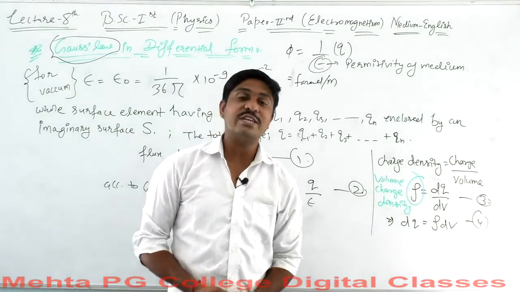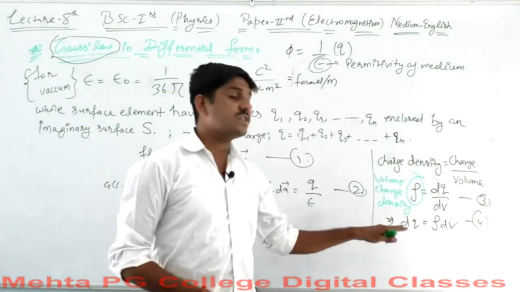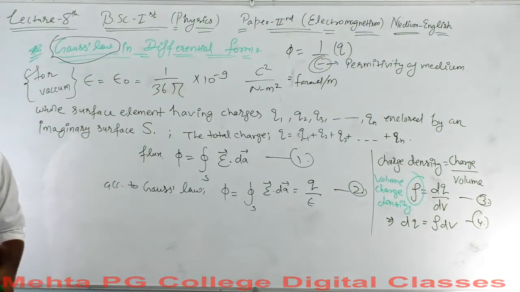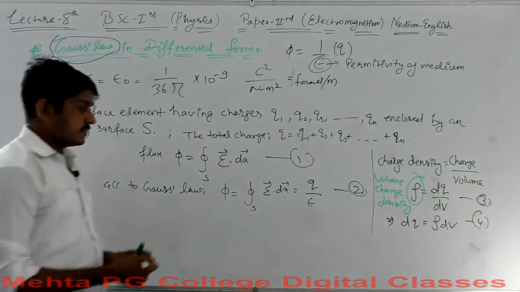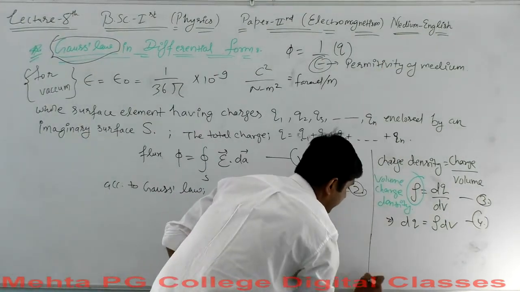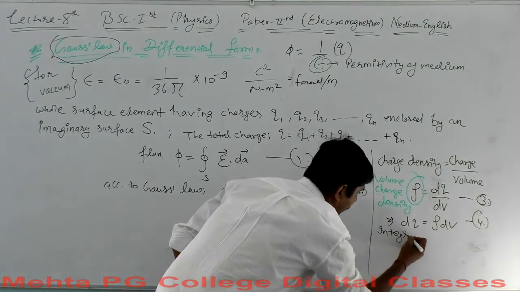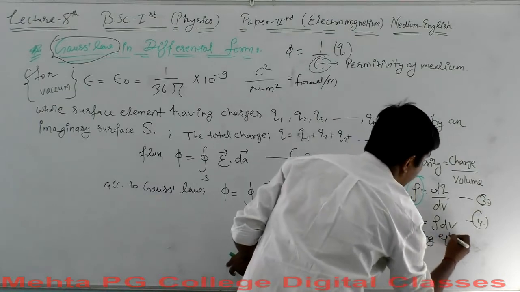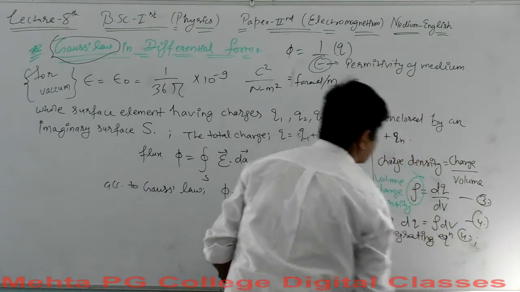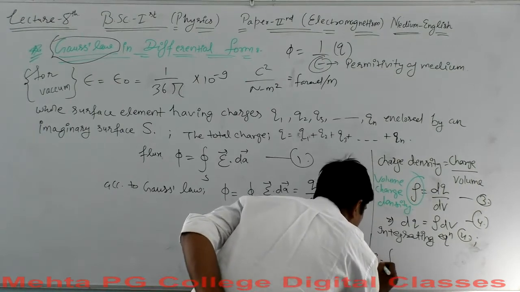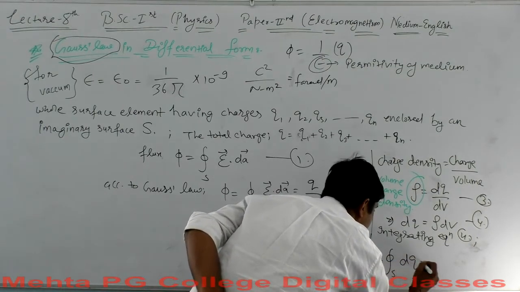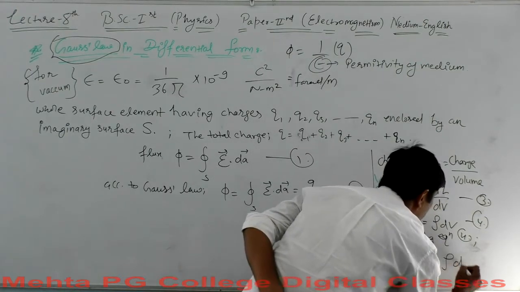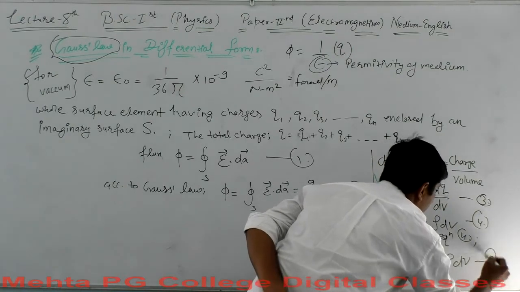So for this whole charge process, we should integrate equation 4. Integrating equation 4 over the volume, so q will be equal to the integration over closed surface of dq, which is again equal to the integration over closed surface of rho dv, which is equation 5.